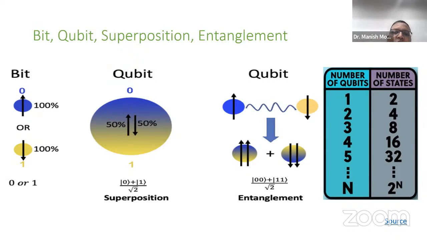And that's where it goes with 2 raised to power n. So whatever number of qubits we have, the number of states we can represent is 2 raised to power n. So that's where the difference comes. A single bit represents 1 state, whereas 1 qubit represents 2 quantum states, and when we go more than 1 qubit, 2 raised to power n states we can represent, right? And that's where we talk about how, if we can represent more states in one simulation, the simulation becomes faster. And that's where we are looking for more qubits as we go with quantum computers, right?